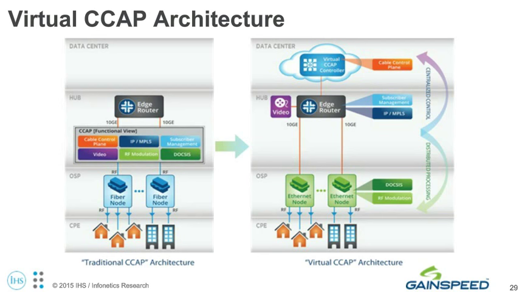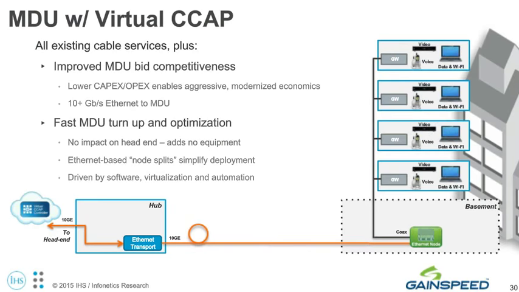Now, when we look at use cases for this, we see a lot of different use cases. We talk to a lot of operators today, and the most common thing that comes up in terms of where is the most immediate benefit is around going after multi-dwelling units, or MDUs. One of the biggest challenges in MDUs is as you get into these apartment complexes, I've got 50, 100, 200, 500 users there. Well, you kind of need to dedicate capacity to them, but how do you provide that in